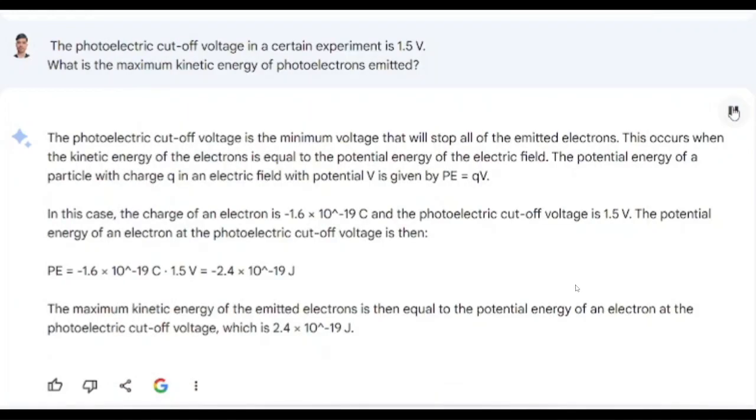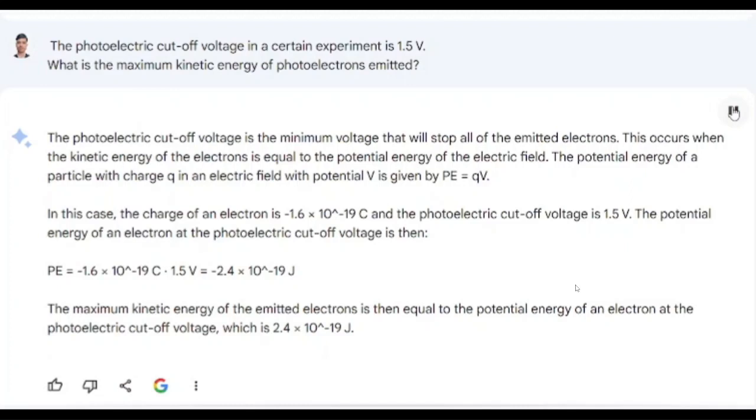The photoelectric cutoff voltage is the minimum voltage that will stop all of the emitted electrons. This occurs when the kinetic energy of the electrons is equal to the potential energy of the electric field. The potential energy of a particle with charge Q in an electric field with potential V is given by P equals QV. In this case, the charge of an electron is minus 1.6 times 10 to the minus 19 C